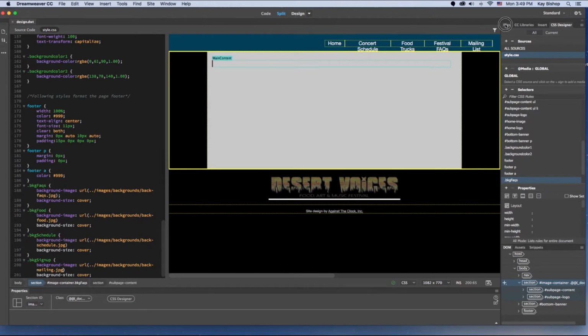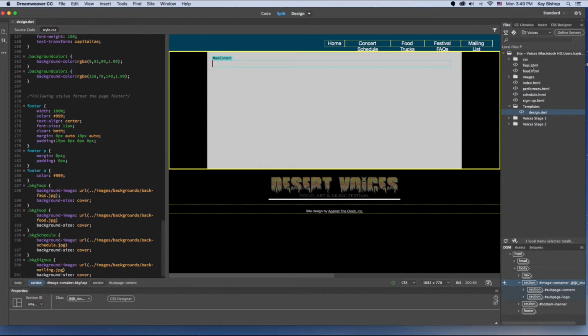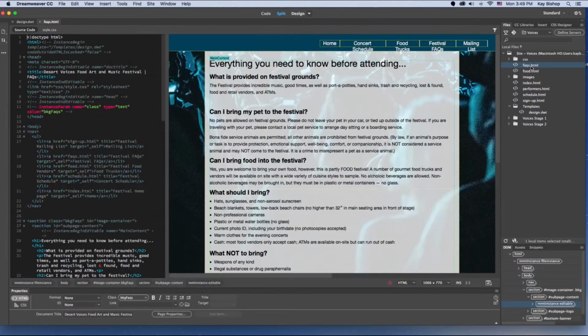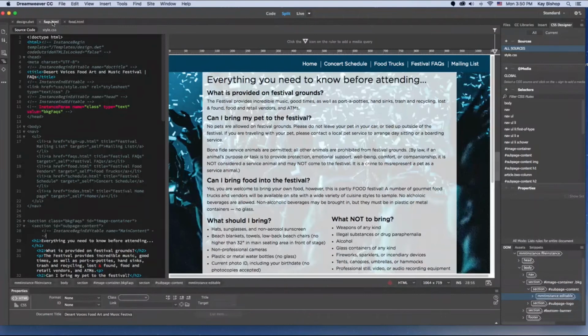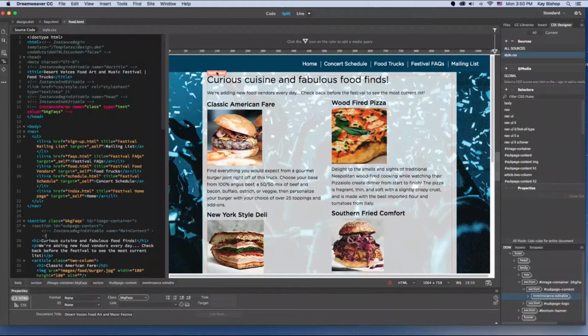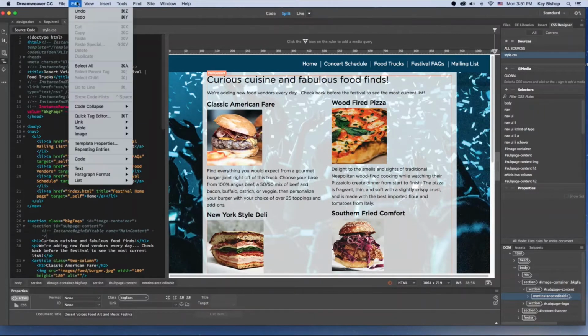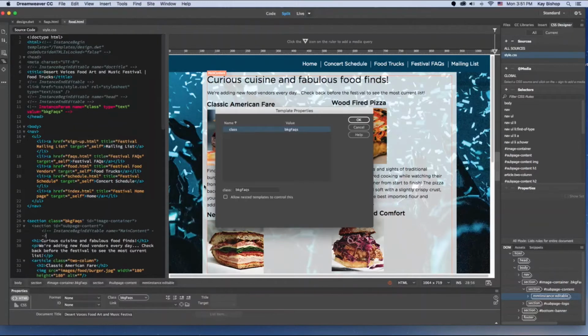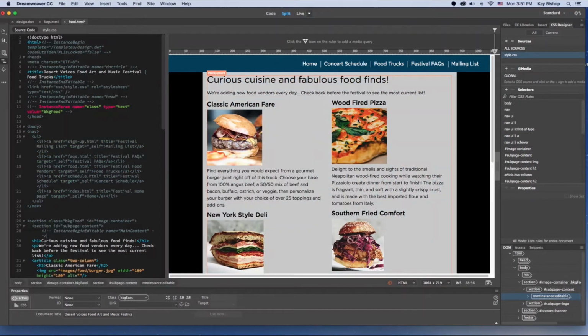Now I'm going to go back to our Files panel and open the FAQs HTML page. I'm going to switch to Live View. Now you can see the background is in that FAQ page, and it's also on the Food HTML page, but we want to create that different background image to cover the background of the food page. So we can go to Edit, Template Properties, and change the class to background food. And click on OK, and it should